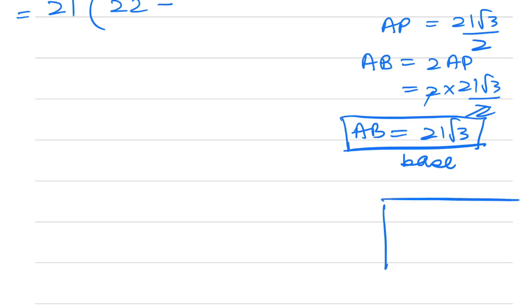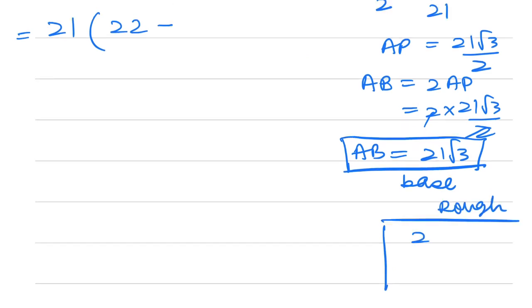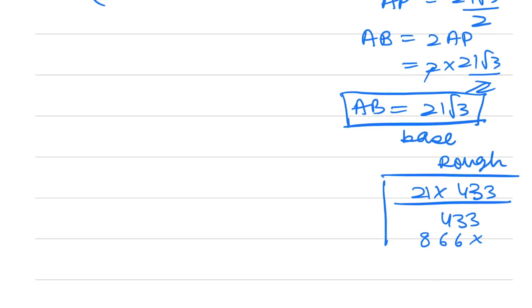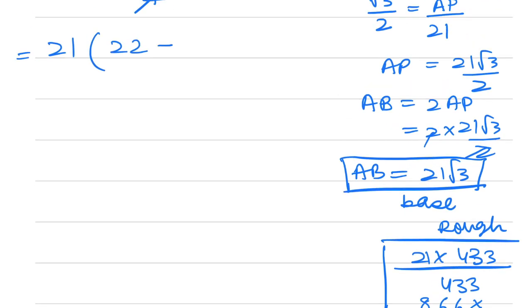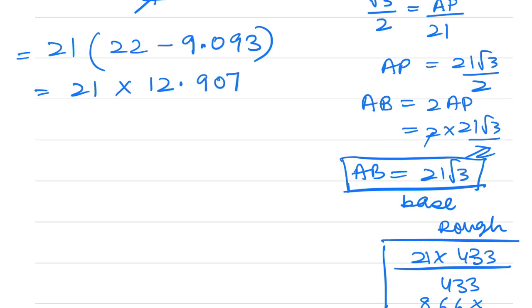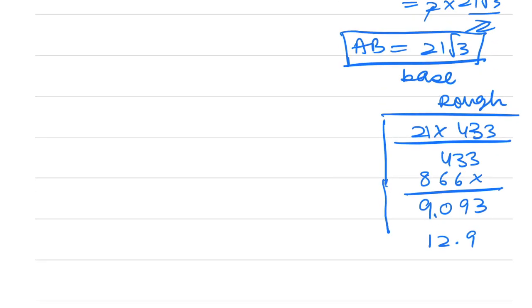Let's do a little bit of rough work. 21 multiplied by 433, and so we'll get 433 and 2 3 times 6, 2 3 times 6, 2 4 8. So I get 390 and 9 and 3 decimal points. So we get 9.093 equal to 21 multiplied by 12.907. 12.907 by 21. So we get